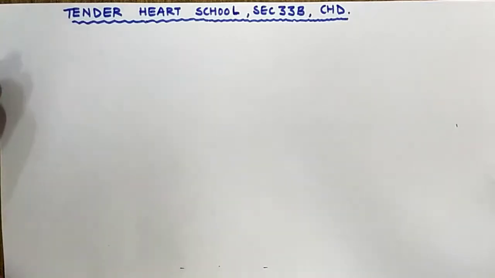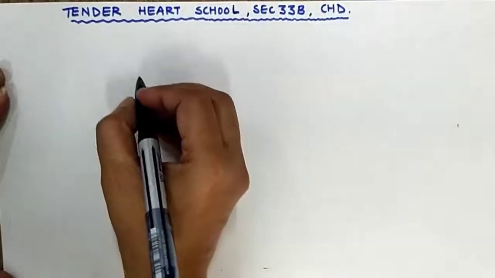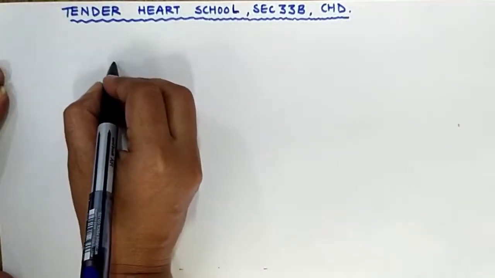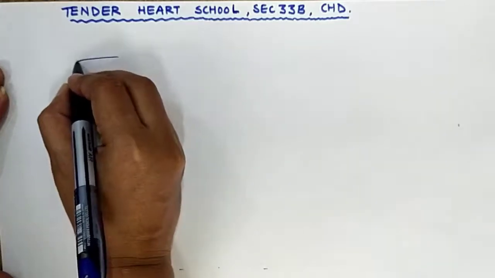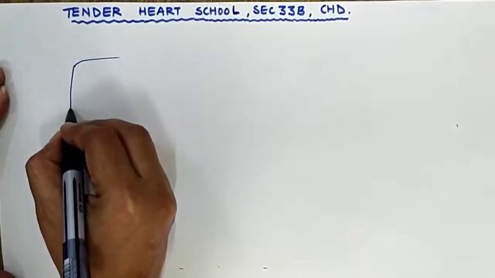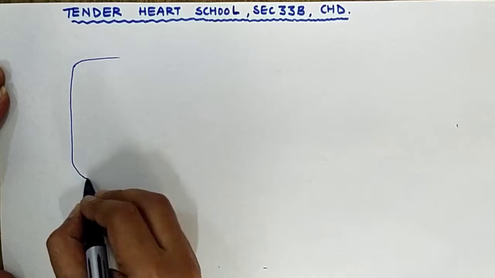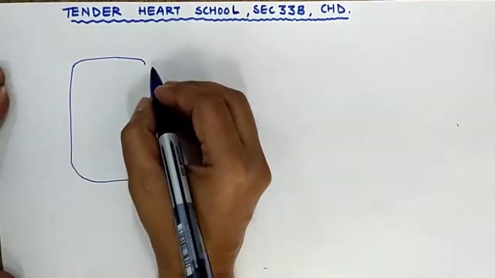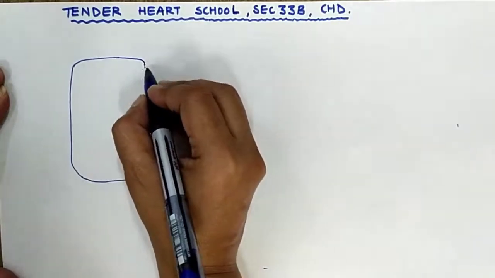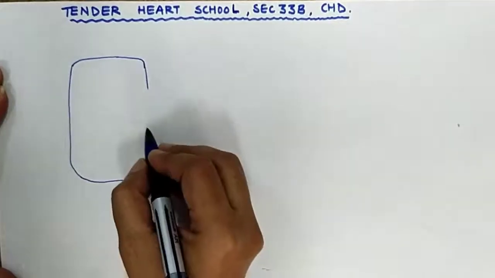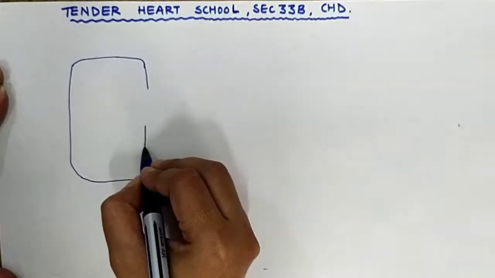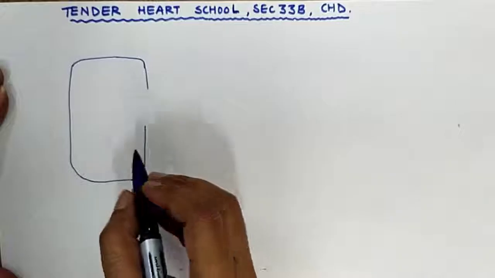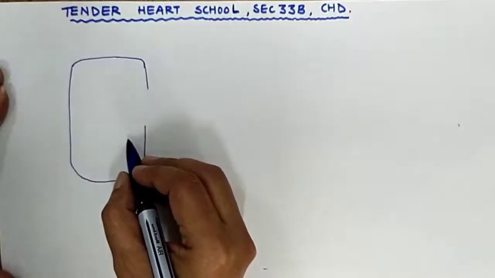So let us see. Root hair is a normal plant cell, right? So let us draw. This is the epidermal cell, epidermis. Epidermis is the outermost layer which is giving protection to the plant parts. Outermost layer of the plant's body, that is forming the epidermis or the epidermal layer. So this epidermis cell I have made.